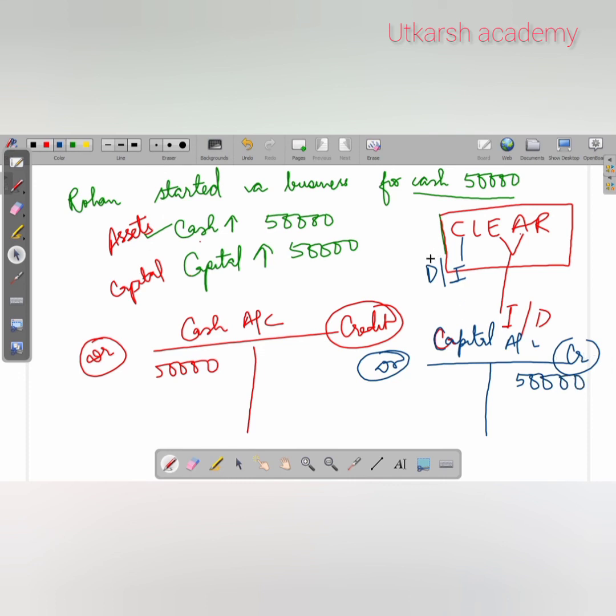Fine. This is debit. This is credit. I have drawn this line just to differentiate between debit and credit. Left hand side debit, right hand side credit. In the same way, this is also the differentiation of debit and credit. This one debit, this one credit. Okay. Hope this example is very clear to you. Now we'll move to the next transaction. Okay.